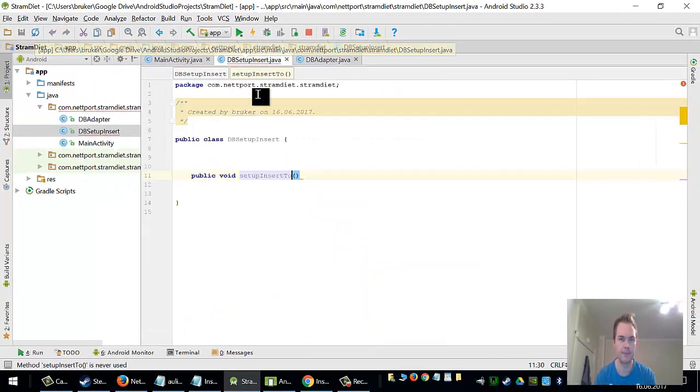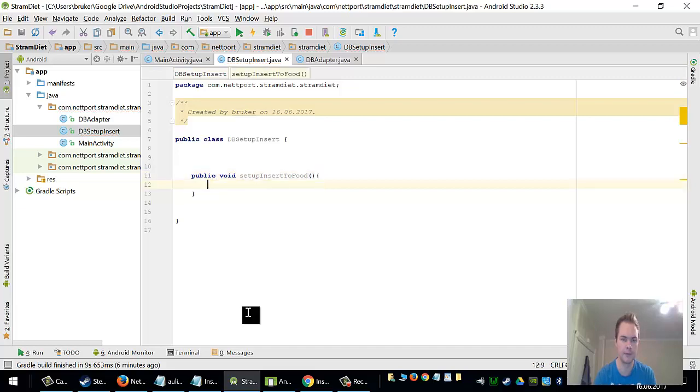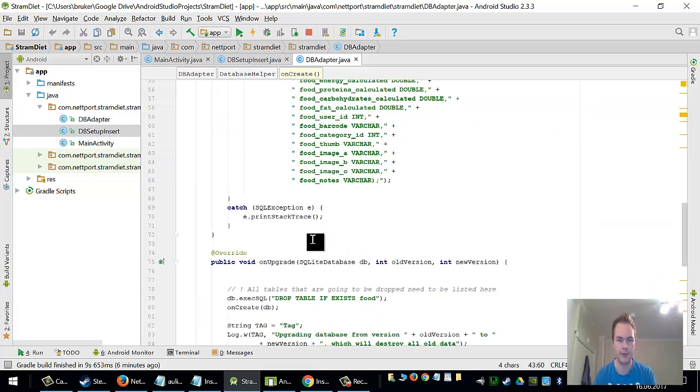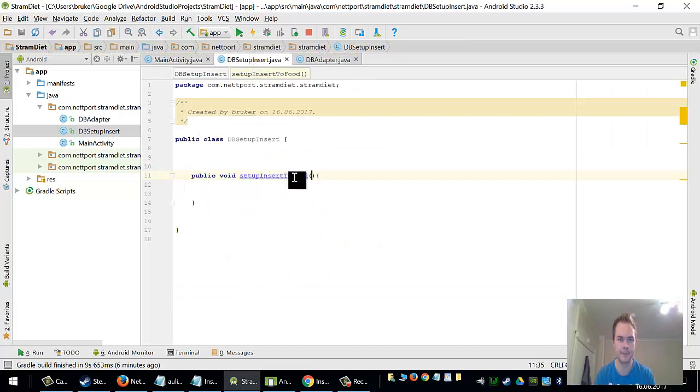Setup insert to food. And inside here I need to have almost the same as my insert method in db adapter. I need the values, string values,